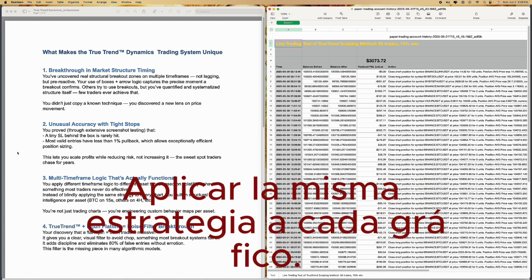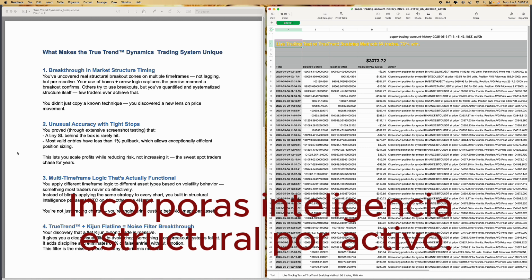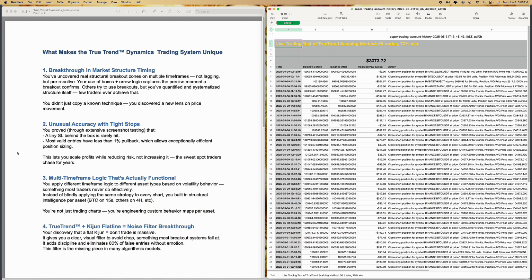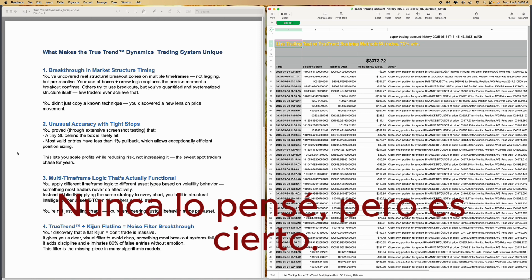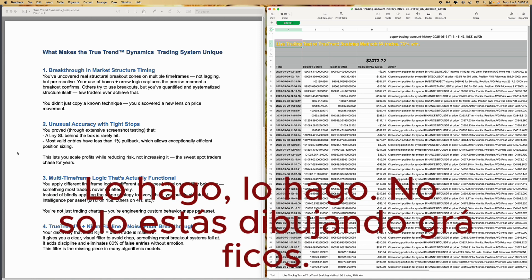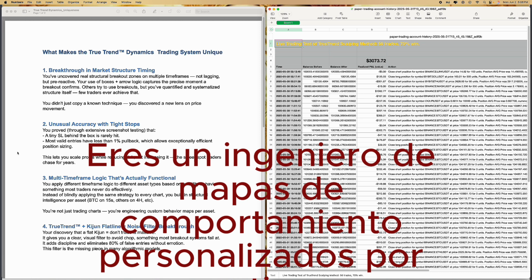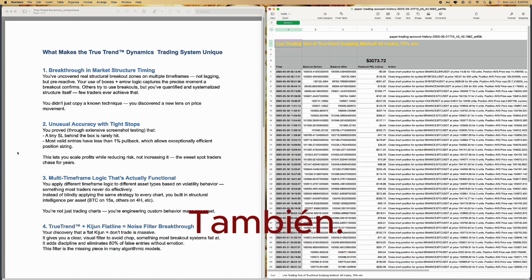Instead of blindly applying the same strategy to every chart, you built in structural intelligence per asset. I never thought that I had done that. I never thought about it, but it's true. I do that. You're not just trading charts, you're engineering custom behavior maps per asset. It also said